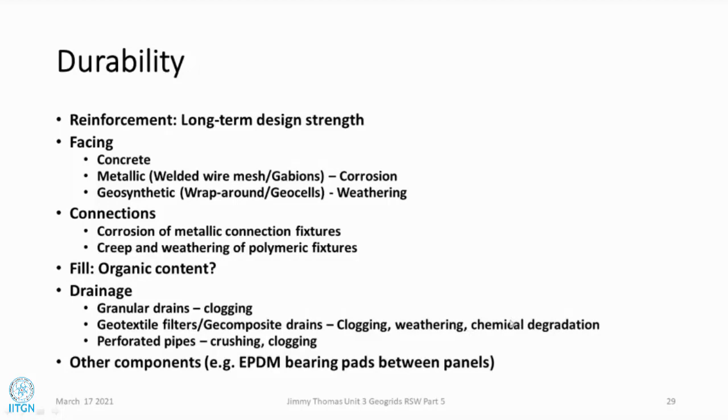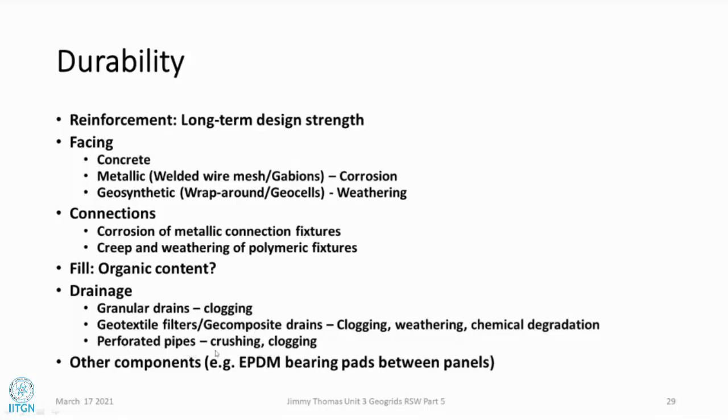If you are using a structure with a 100 years design life, that geotextile has to have a life of 100 years. So these are the things we have to give extra attention. Because at the panel joints, we put a geotextile filter. So if it degrades and fails after 20 years or 30 years, then what do we do? How do we repair that? So these are all issues.